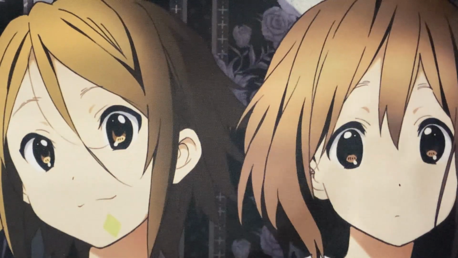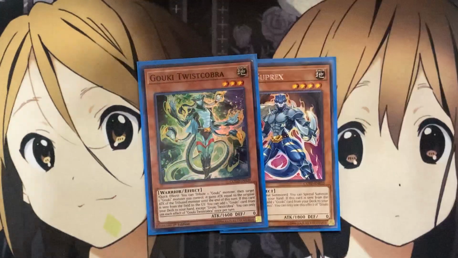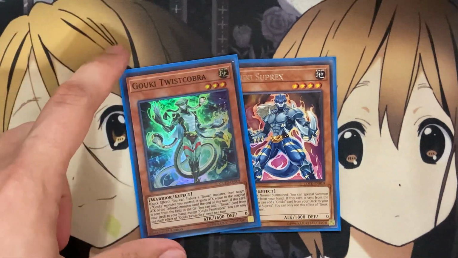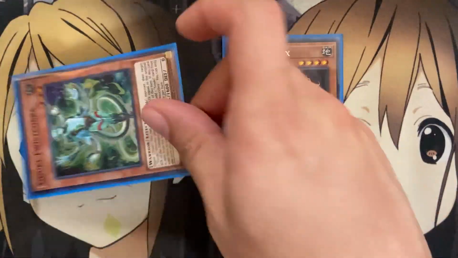As for the go-to plays with the new spell card, your best bet is just a 2-card combo. If your opponent goes first and they set up a monster, and you only open up Super X and 1 other additional Gouki monster, it doesn't really matter which one, as long as it's Super X. You can summon out Super X for the normal summon, special summon the Gouki monster on the field, go for a